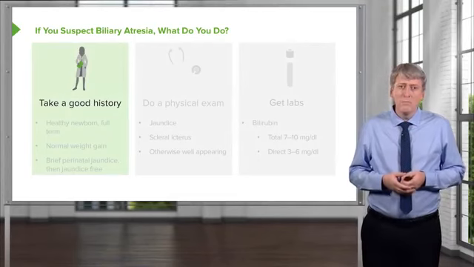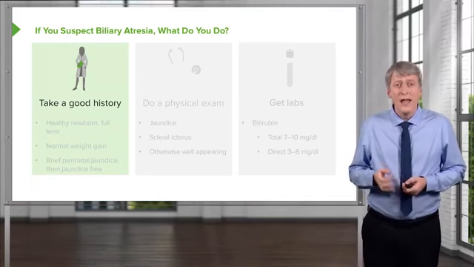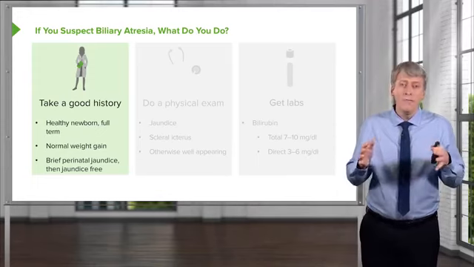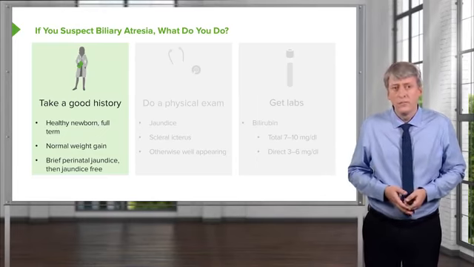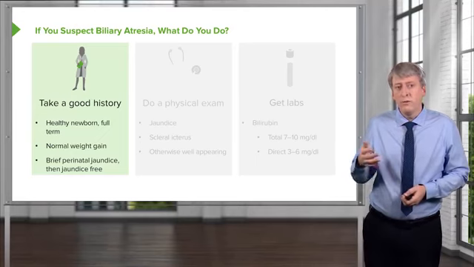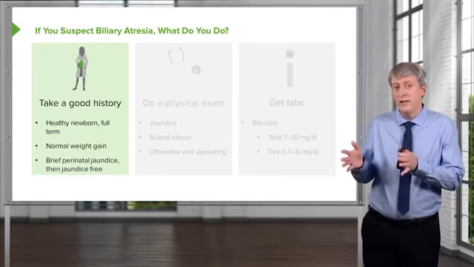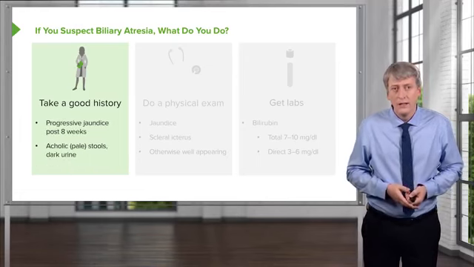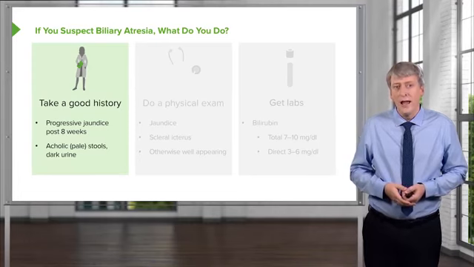So if you suspect biliary atresia, what should you do? Well, of course, it's important to take a good history. And typically, these are healthy newborns. They're full term. They have a normal weight gain. They don't have a history of a maternal infection in utero, because this is an acute thing that happened after birth. They'll have a brief perinatal jaundice and then be jaundice-free because that was an unconjugated hyperbilirubinemia, and then they develop the jaundice later. Generally, it's a progressive jaundice that happens about 8 weeks out,